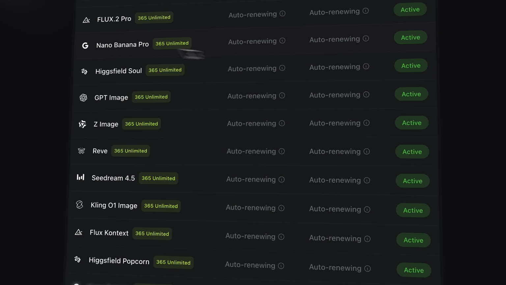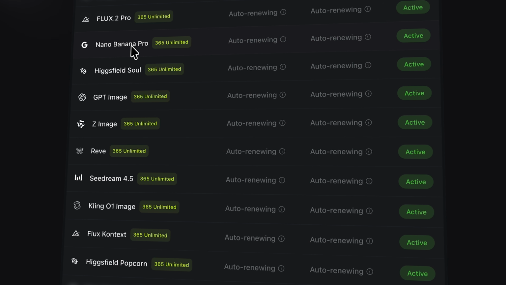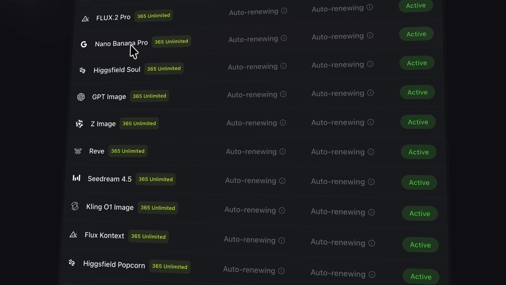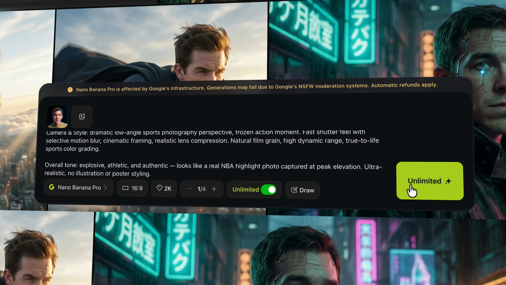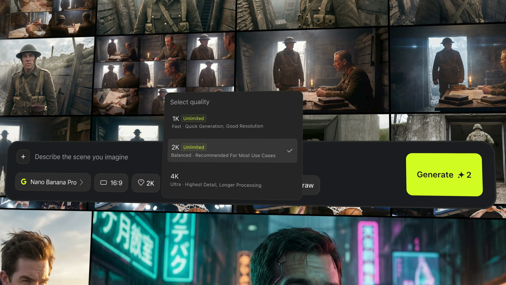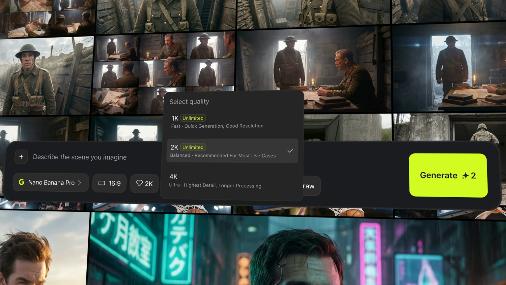Now this might be what was tripping people up, but these image models down here at the bottom, those are unlimited forever, including Nano Banana Pro. That said, unlimited isn't actually unlimited. If we open up Nano Banana Pro and switch on unlimited mode, you'll see that it restricts us to 1K and 2K resolution images. Unlimited generations also go to the standard queue as opposed to priority, so they're gonna take